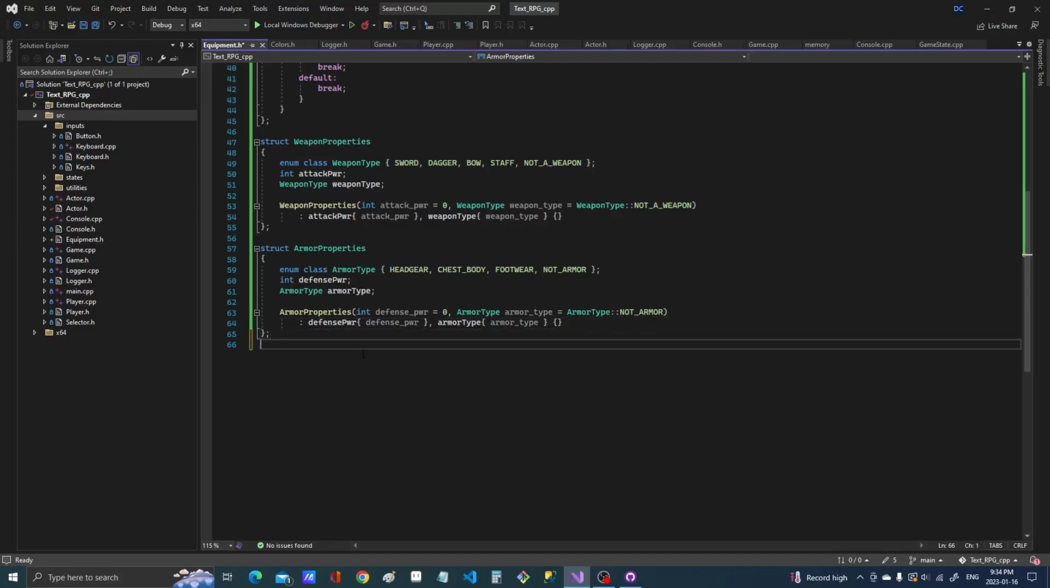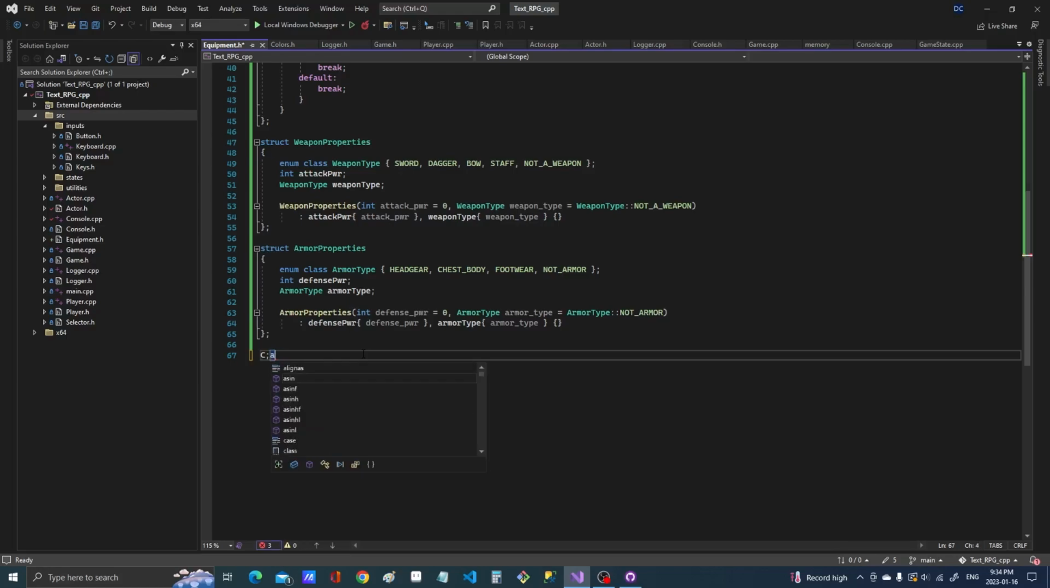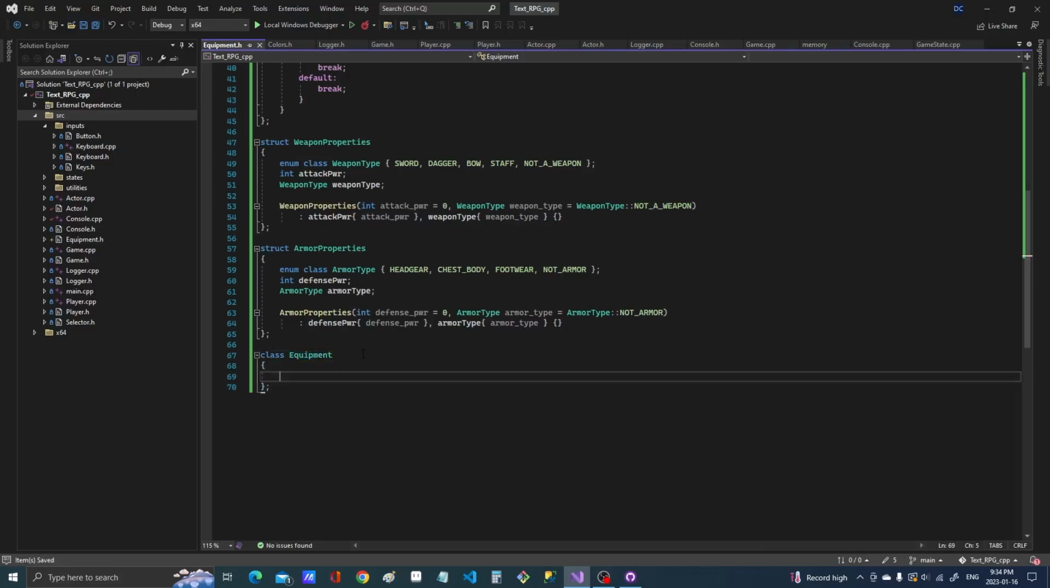So now let's create our abstract equipment class. So that is class equipment. Finally, right? So what's the equipment class going to need? Well, we need to know what type of equipment it is. So again, we're going to have another enum, public enum class equip type, and you're going to have a few types. You're going to have weapon,